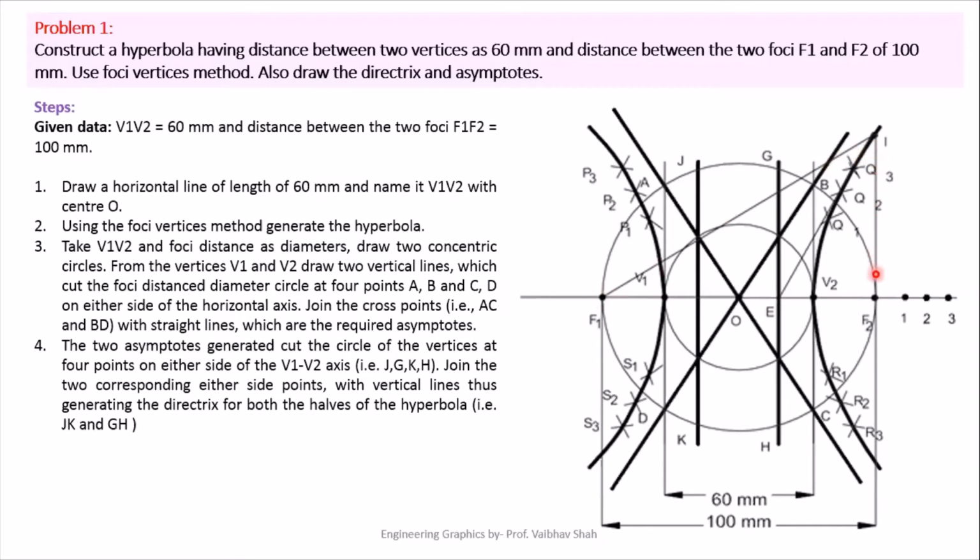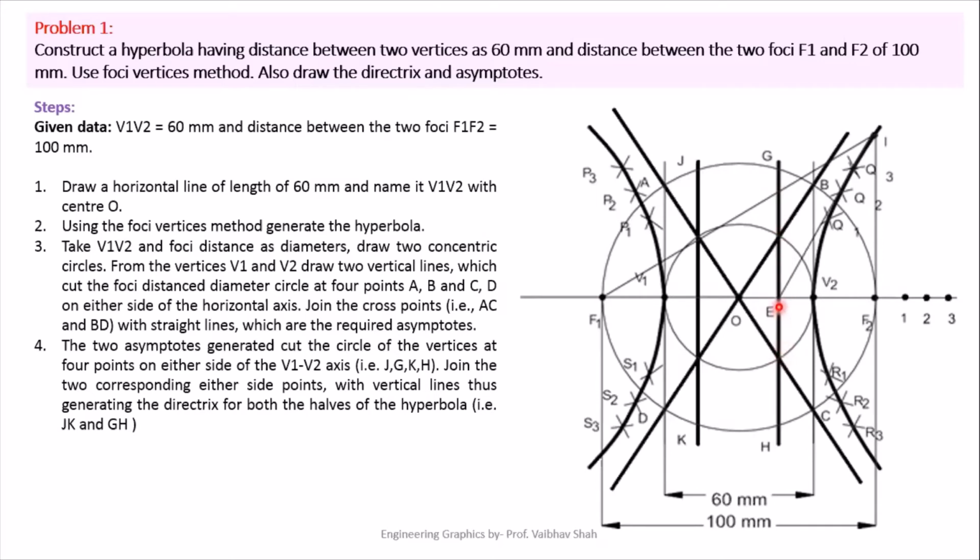So in the next step, you have to just bisect this given angle by the angle bisection method. After bisecting the angle, you will have one bisection line like this. This line will cut this horizontal line somewhere here. Mark this point as E. After getting this point E, you have to simply draw one vertical line which is 90 degrees to your horizontal axis. So this is nothing but your directrix.